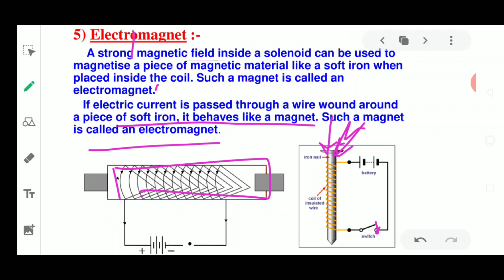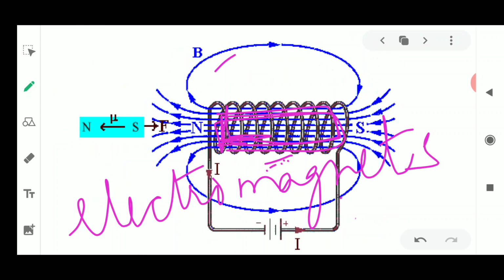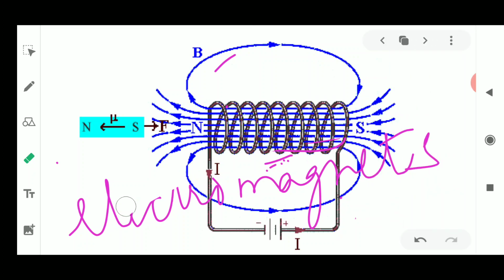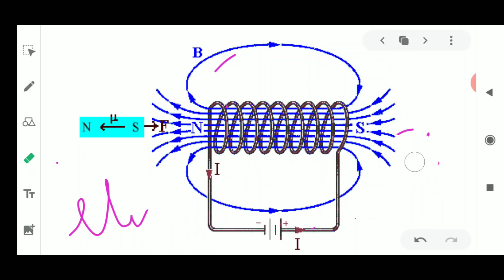So this has very practical applications in the cranes, which are used in factories to lift up very different heavy materials. Heavy electromagnets could be produced by passing a large amount of current through a solenoid. Just now we have studied that the strength of the solenoid depends upon the number of turns and the amount of current passed through it. The stronger the current flowing through it, the stronger electromagnets could be produced.